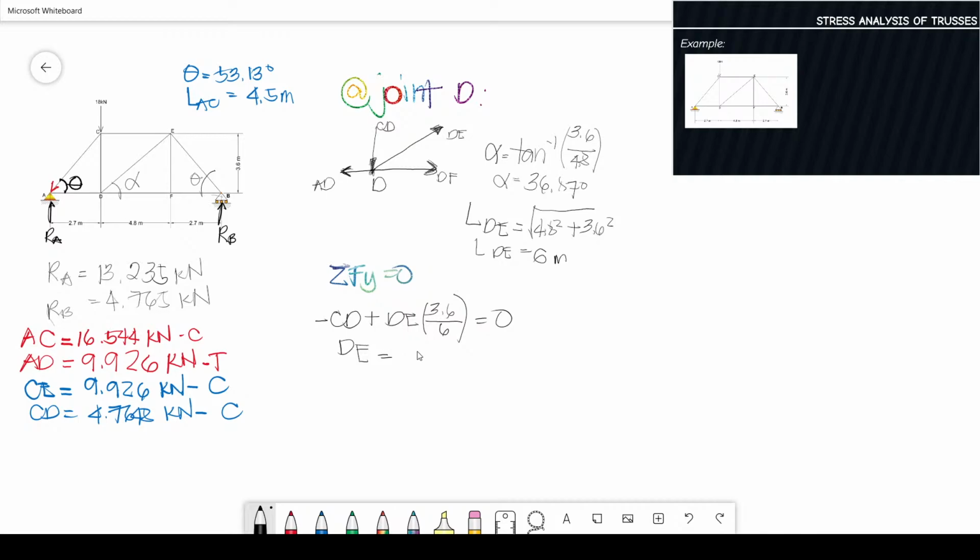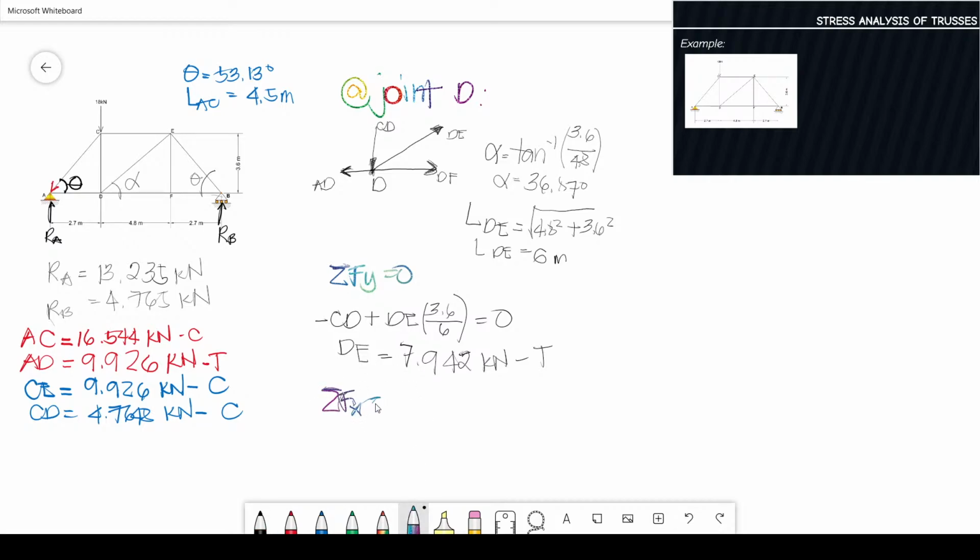That is 7.942 kilonewton. So, since we are correct with the assumption that is tension, then let's proceed with summation of f